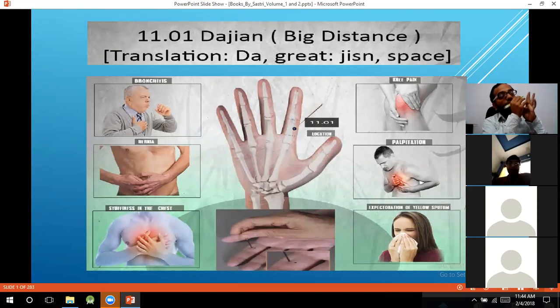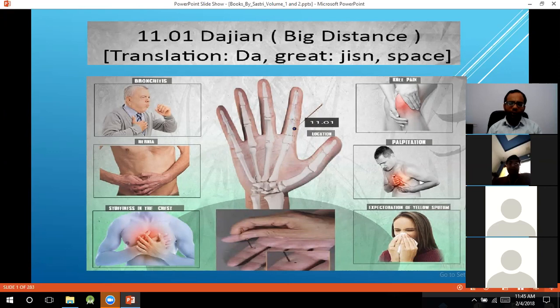In Tung Acupuncture, the furnace is divided into this area. 1, 2. So this is one area, this is one area, this is one area. 3 areas, like this. So 11.01 is a very good point. It helps you. The combination of 11.01, 02, and 03 helps you to recover pulmonary hernia, chest pain,